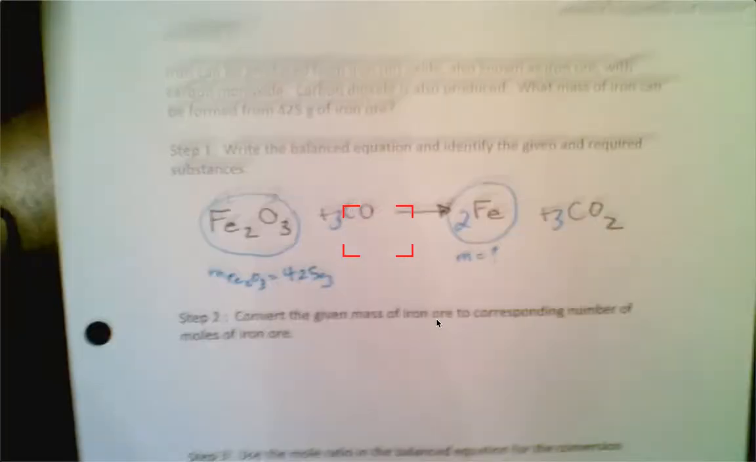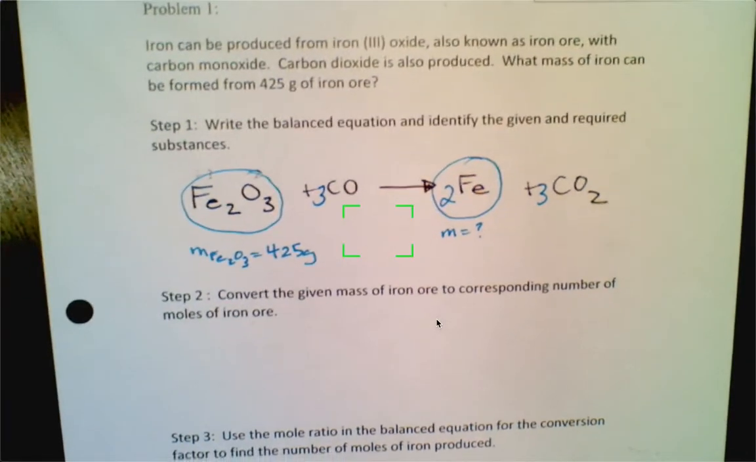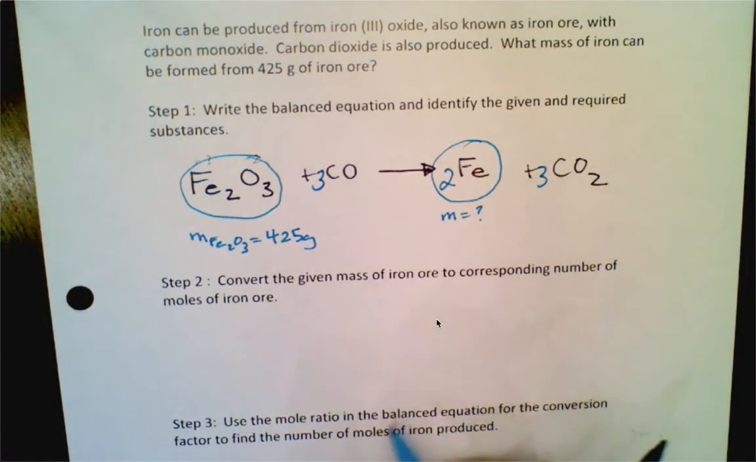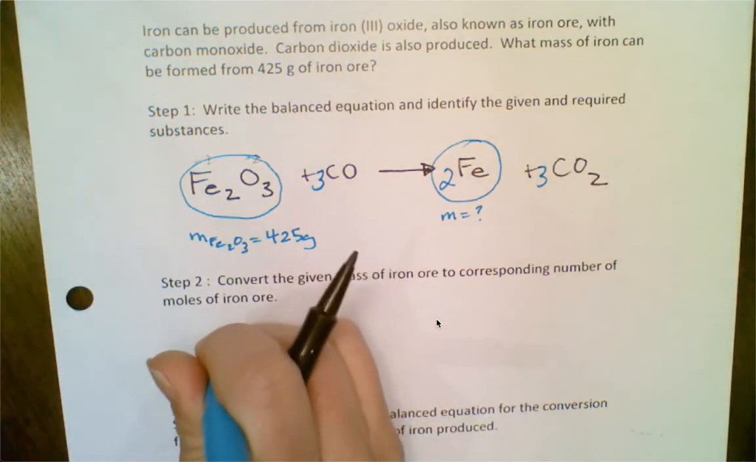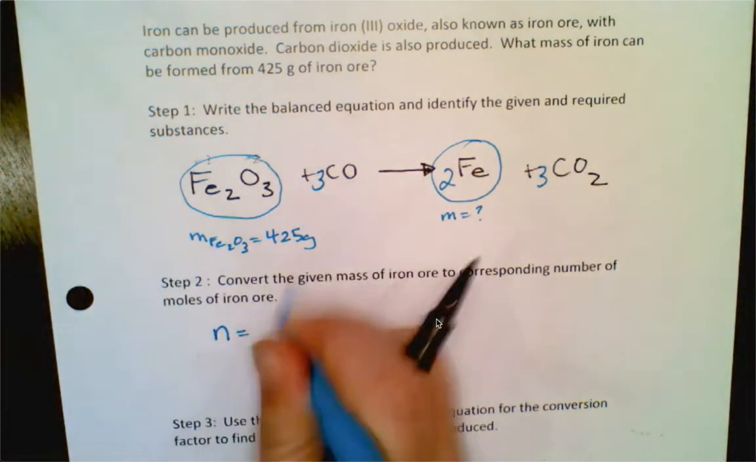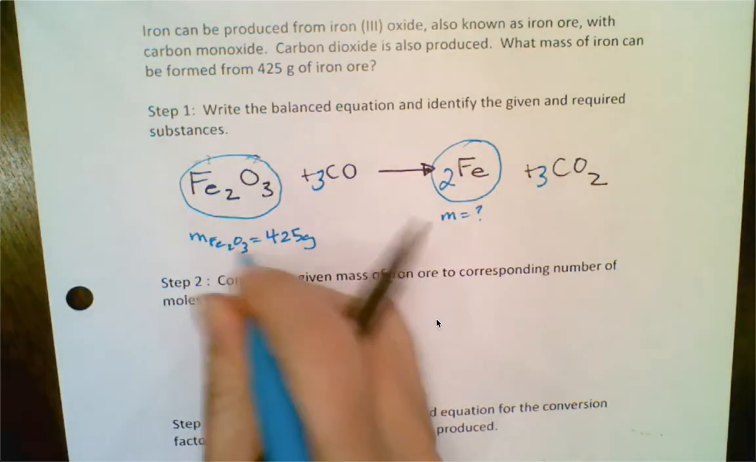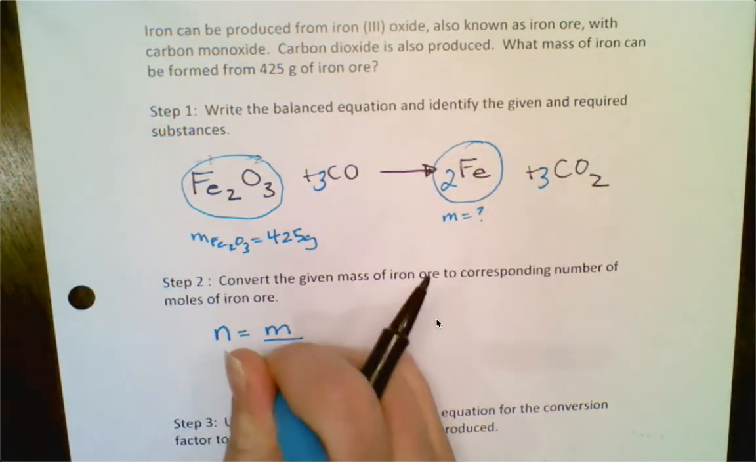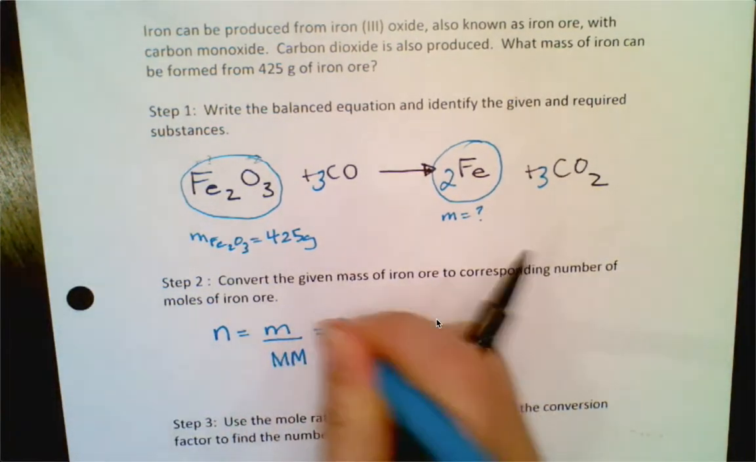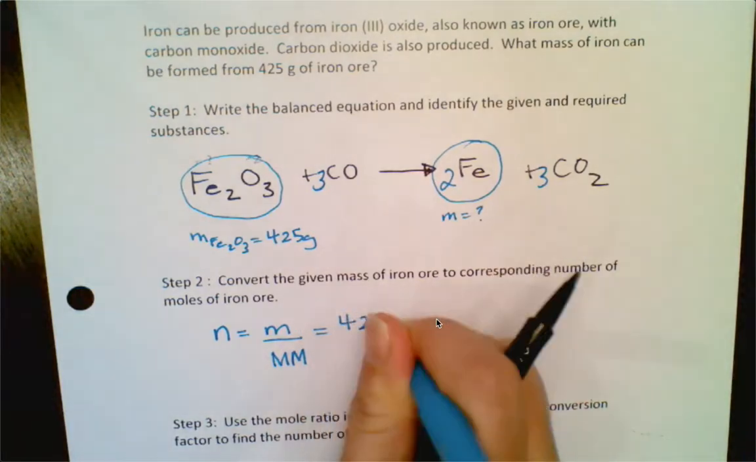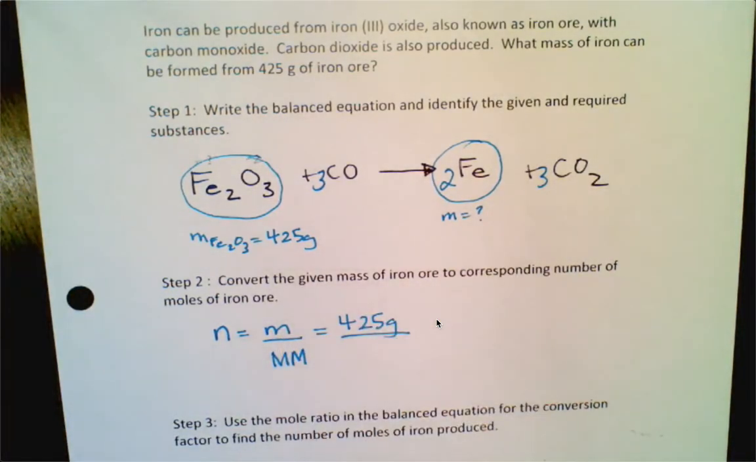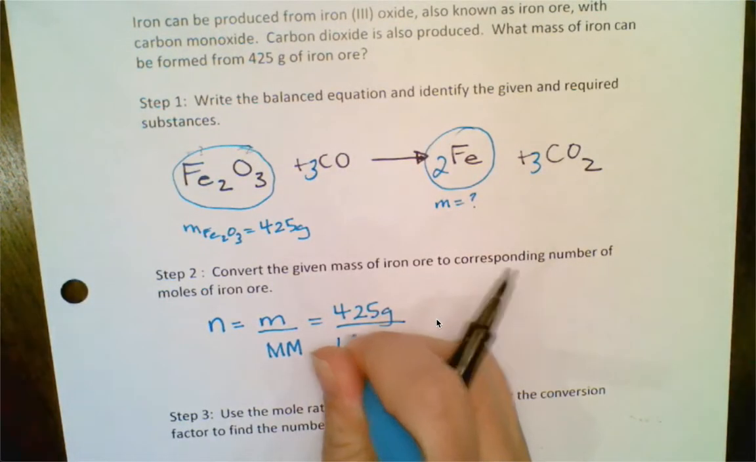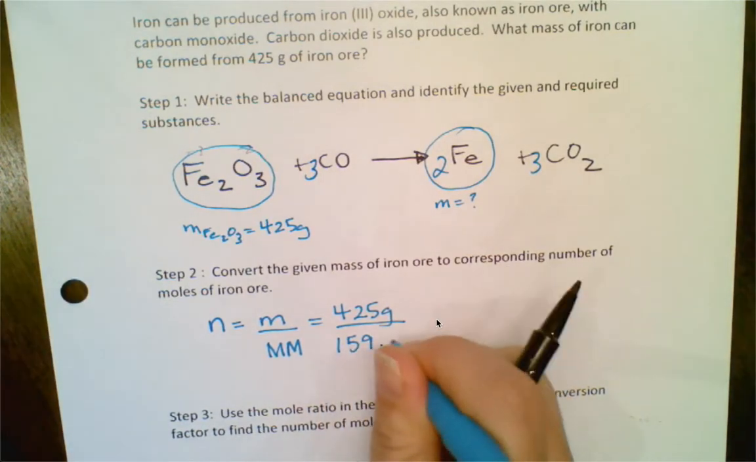Okay? The next thing that you want to do is make sure that the mass that is given is converted into moles. That is step 2. So what we're going to do is figure out how many moles of iron 3 oxide we have in 425 grams. We know that moles is equal to mass over molar mass. We're going to take the mass that is given and divide it by the molar mass of iron 3 oxide, which I've already figured out ahead of time from my periodic table,